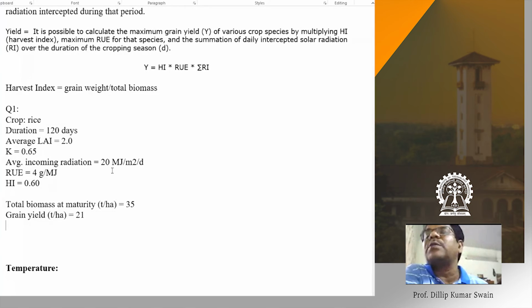to carbohydrate during photosynthesis. So depending upon the radiation incoming and the efficiency of utilization, at the plant level, the plant hardly utilizes 6% of the total incoming radiation in general. The efficiency is very low. Around 6% of the radiation is utilized by the crop for conversion to biomass.